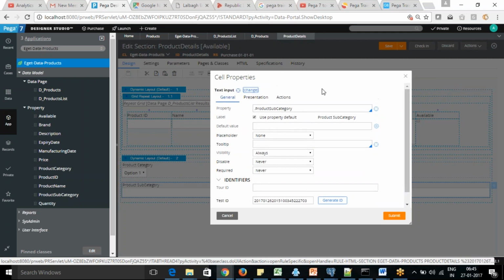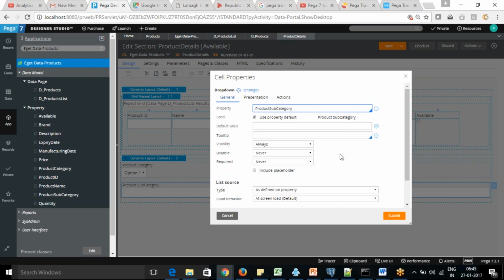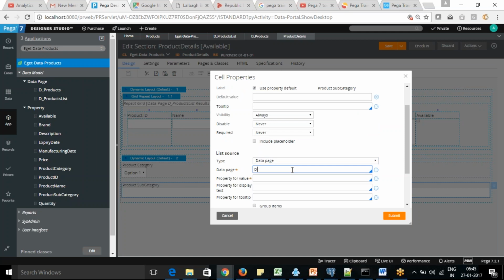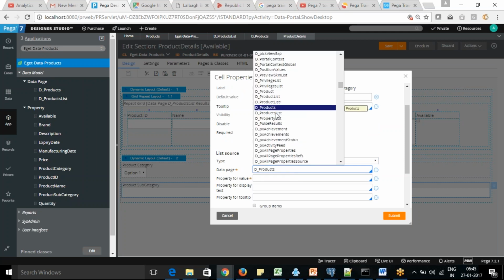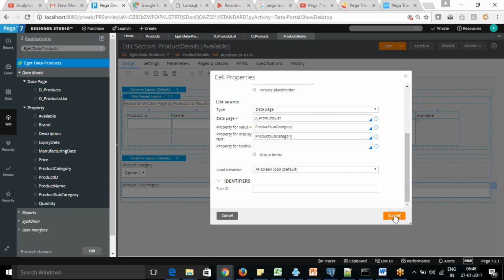This also I can change the type to drop down. So now again the list source is required. You can change it to data page. Okay, so you can just submit it.